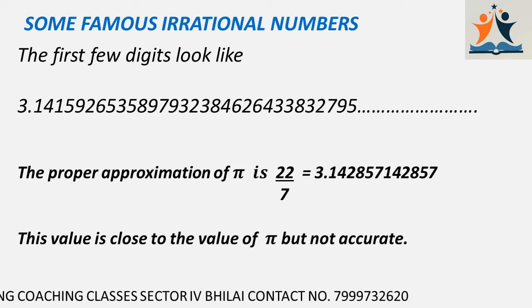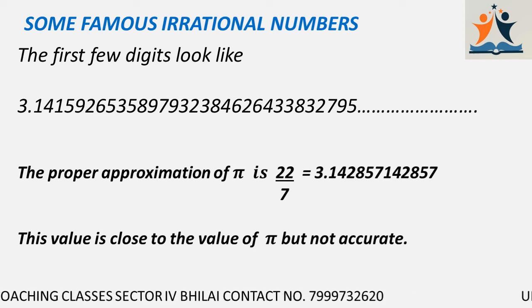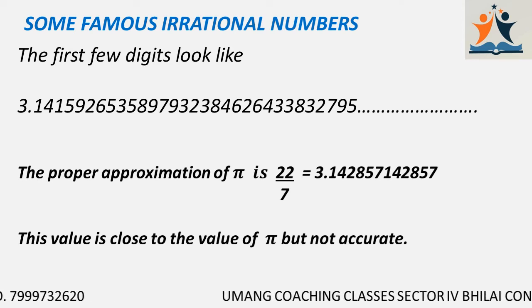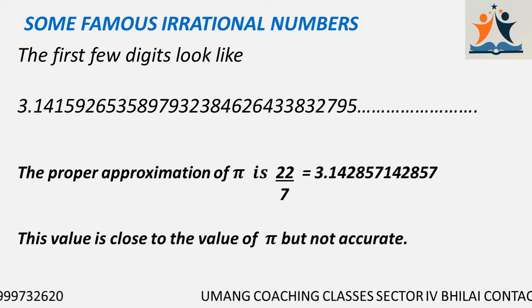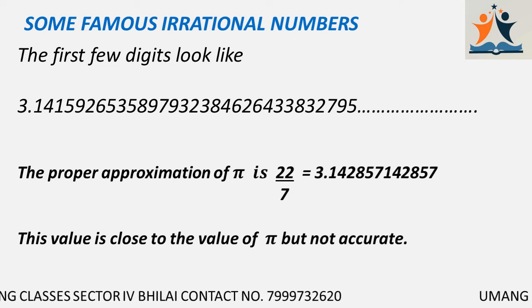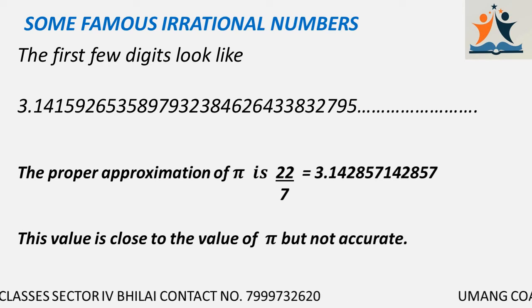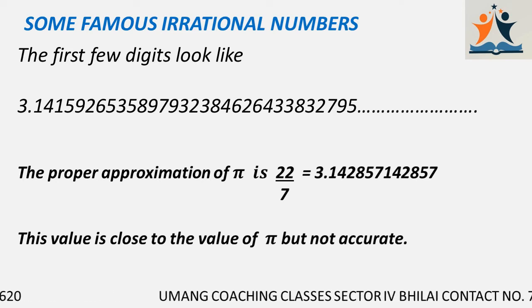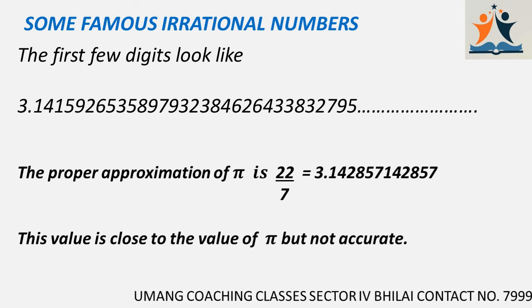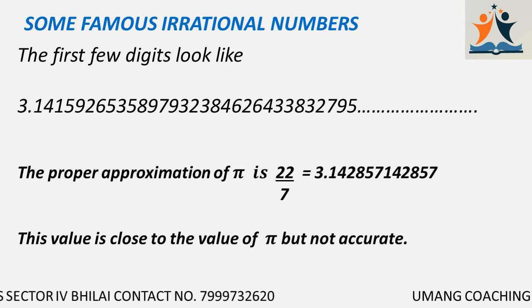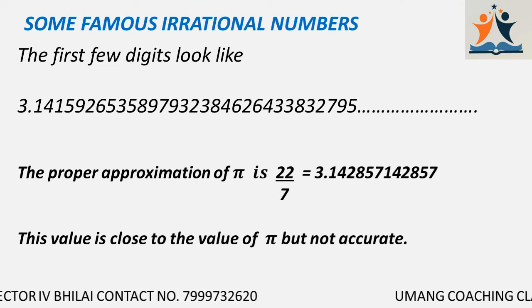Now you may be a bit confused. Actually, this value of pi scientists have arrived at by taking the ratio between the circumference and the diameter of a circle. Now, to have detailed information about pi, please refer to our next video. Okay. Here we'll focus only on the irrational number. So for this irrational number, you can see this value is different. It is not repeating. Here the 22/7 value is repeating. It is a rational number. But the actual value of pi is not repeating. So it is an irrational number.